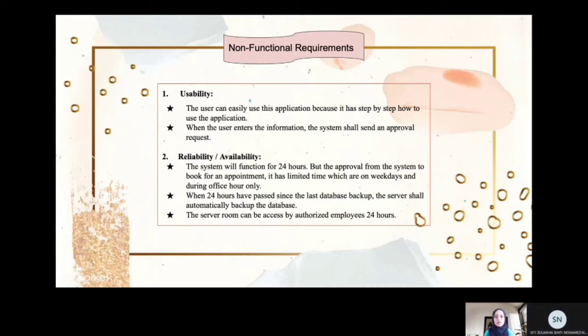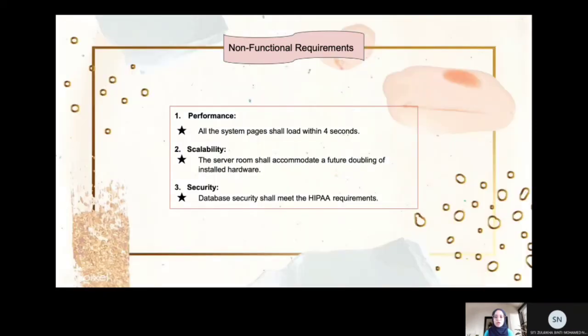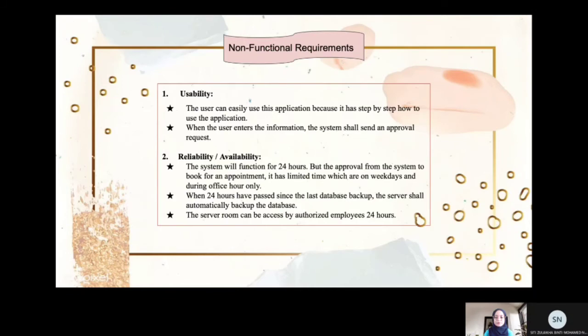Okay, then when 24 hours have passed since the last database backup, the server shall automatically back up the database. And next, the server room can be accessed by authorized employees 24 hours. So it can only be accessed by the employees who work on that day.